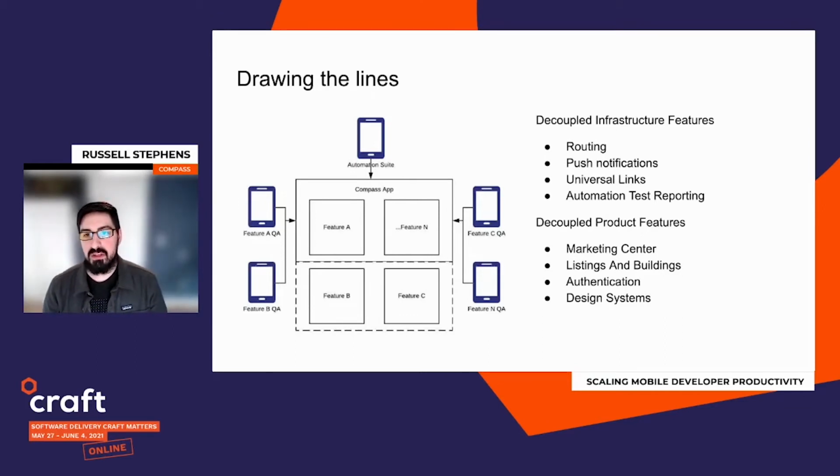So the first couple of things we were able to pull out would be infrastructure related to routing. This would be how we change from screen to screen when either a push notification or a universal link would actually be actioned and brought into the app. The next thing would be the automation of our test reporting. We were leveraging a tool called TestGrail, which is basically like a big spreadsheet with a unique ID for each line item that you would like to regress. And we were able to add a little bit of tooling around that to automate that manual report